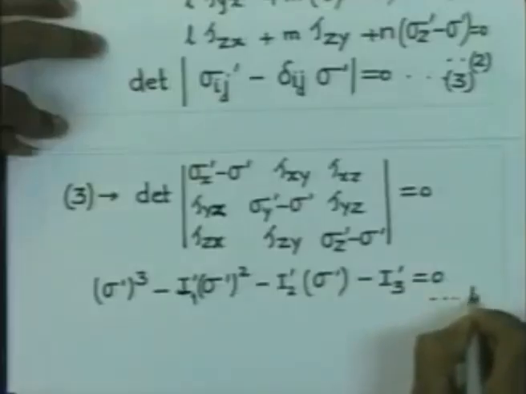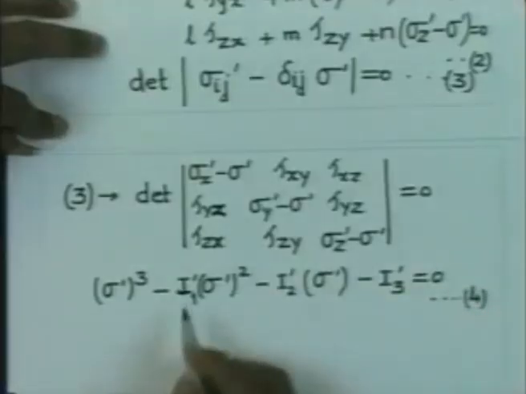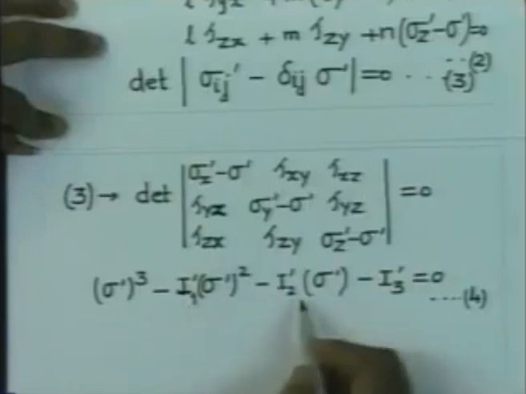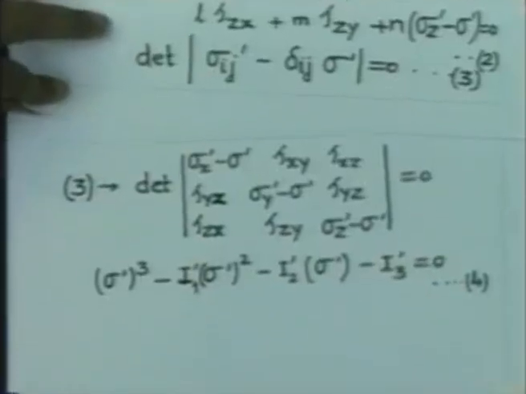This is equation number 4, wherein again I1 dash, I2 dash, I3 dash are